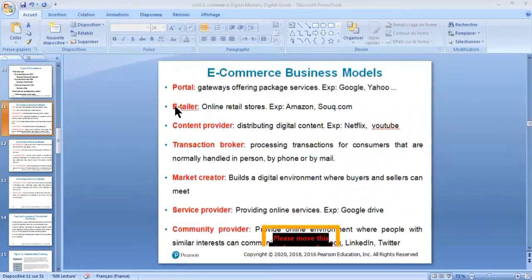The second e-commerce business model اللي هو الاي-تيلر اوكي اللي هو المتجر الالكتروني اللي هو يعني الاونلاين ريتيل ستورز نسميه اي-تيلرز هذا يعني برشا من امازون حتى الوال مارت والسمول اونلاين شوبس. اوكي